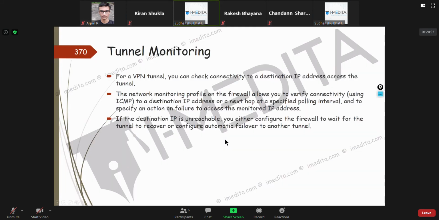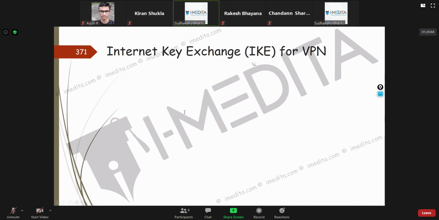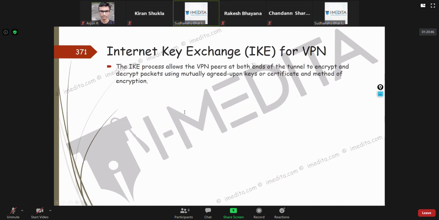So if the destination IP is unreachable, you can either configure the firewall to wait for it to recover or configure failover. There will be a system log generated that alerts you. Then for IKE, like I told you, you can have pre-shared keys or certificates.